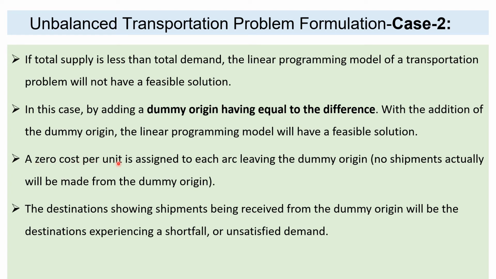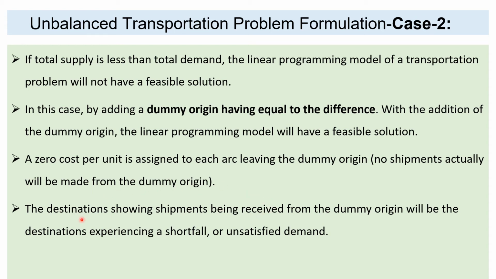And a zero cost per unit is assigned to each arc, or each route, leaving the dummy origin, because the logic is that no shipments will actually be made from the dummy origin, right? We just assign a dummy supplier having the difference between the total demand and the total supply, and the transportation cost from this dummy to all the warehouses is assumed to be 0, because in reality no shipments will actually be made from